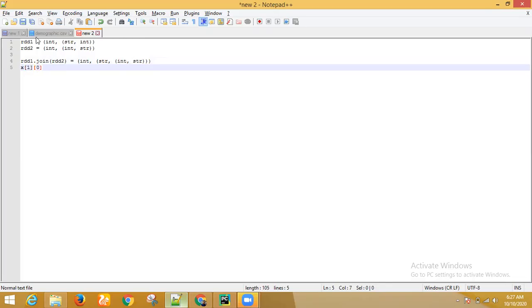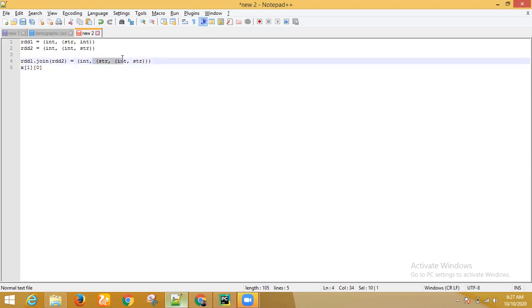That means here the value part itself is a nested tuple: str comma, then int, again a tuple of int comma str. That's how the value is. I'm saying x of 1. X of 1 is basically this entire part. This is a bigger tuple, and the second part is x of 1. The highlighted part is nothing but x of 1. Then of 0. Of 0 means this part. This highlighted part is basically x of 1 of 0.